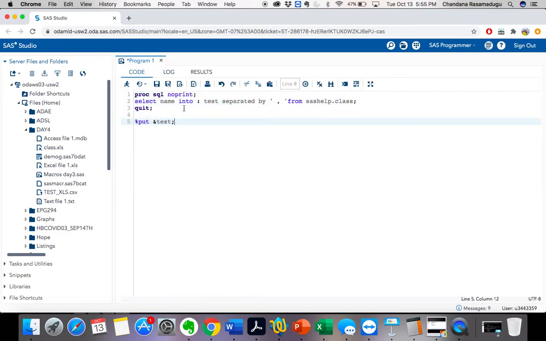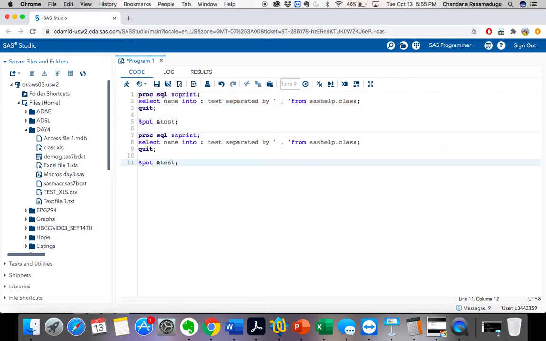If you want to perform any calculations by using this proc-SQL procedure in the macros, you can do that. For example, let's take the same example. Now what I want to do is know the maximum age of the students in this SASHELP.CLASS.